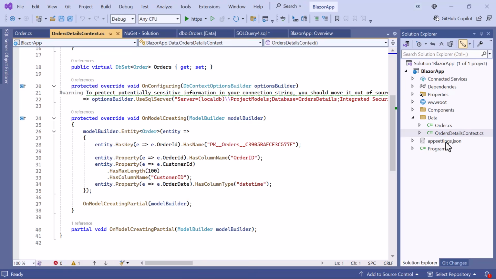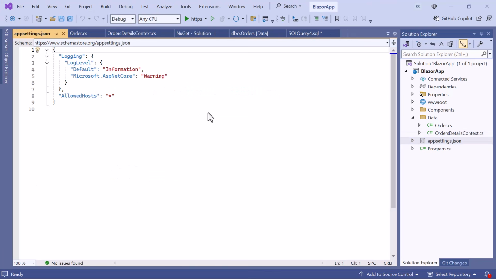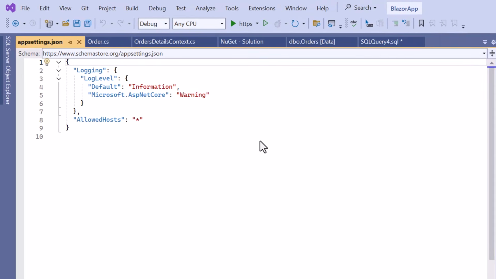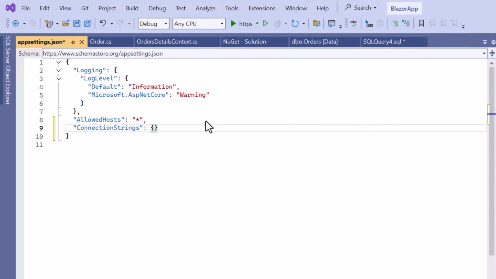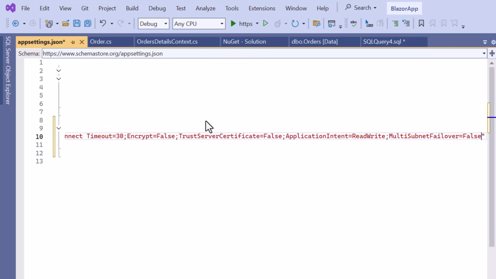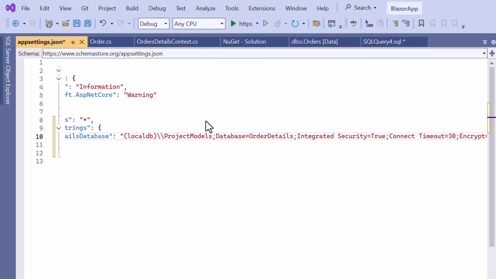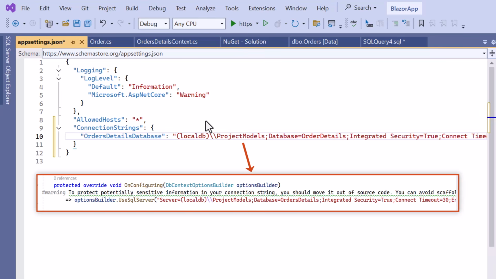Next, I open the appsettings JSON file located at the root of the Blazor project. Inside this file, I create the section named ConnectionStrings. This section is specifically designed to store database connection strings in a structured and centralized way. Next, I will add a new key-value pair under the ConnectionStrings section. First, I define the key as OrdersDetailsDatabase, and the value is the full connection string that points to my database. I ensure that this connection string is the same as the value in the OnConfiguring method of the